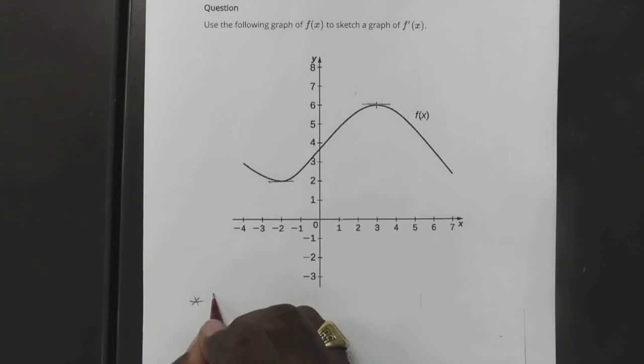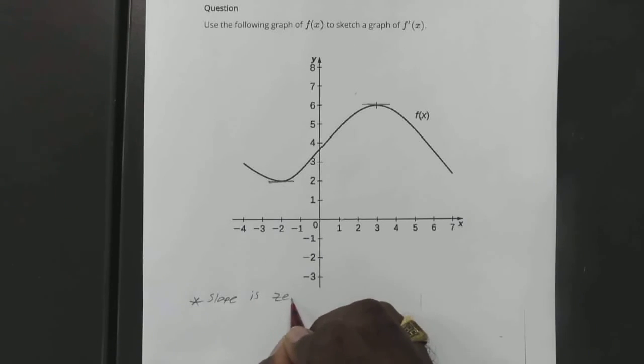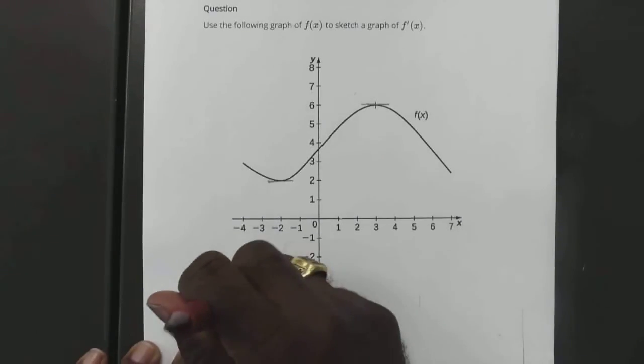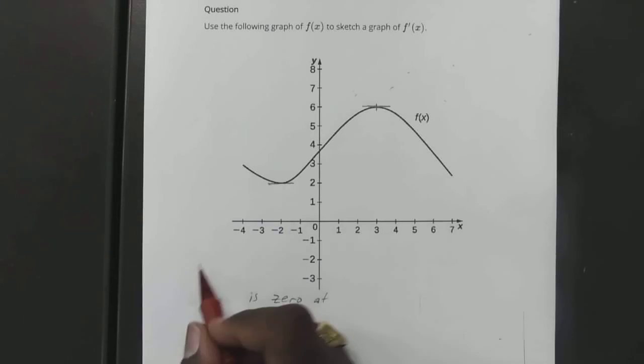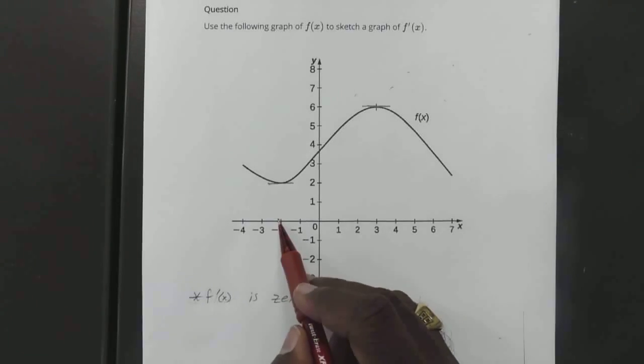Okay. Slope is 0. Well, I might as well say derivative is 0. I should actually use the right terminology. f prime of x is 0 at x equals -2,